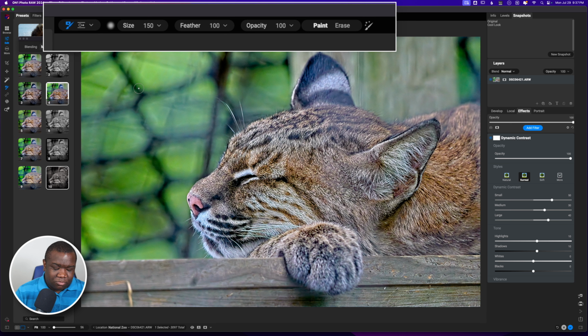Using the left and right bracket keys right above the enter or return button on your keyboard. That's very standard across most photo editing software, so it shouldn't be too hard to figure out or keep up with. And then we have the feathering, which is really important. I'm going to go ahead and bring my